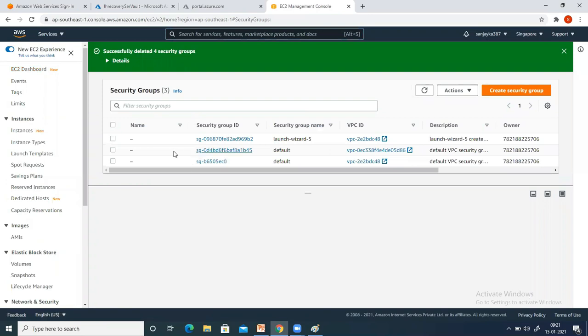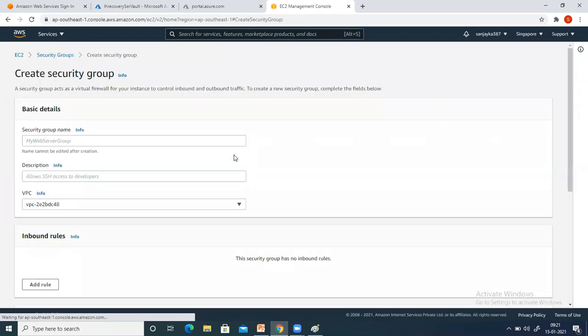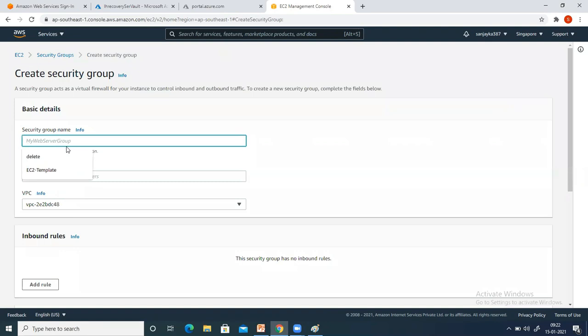Fine. Let me create one, and this security group I will name as demo-sg-nacl. For this demo purpose, I am creating this one. You can put the same thing in your description as well.